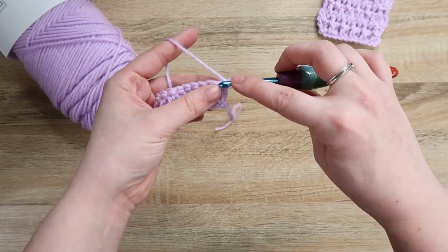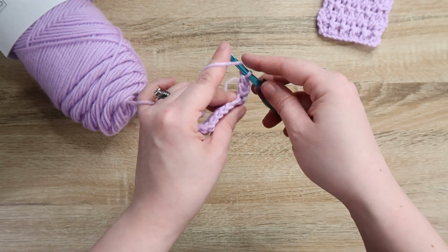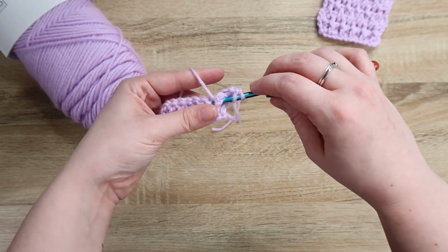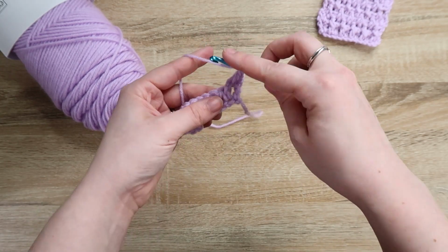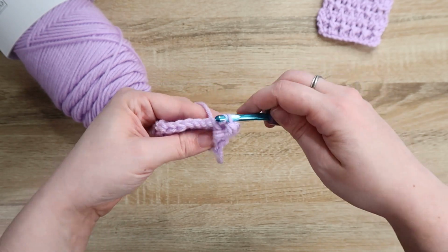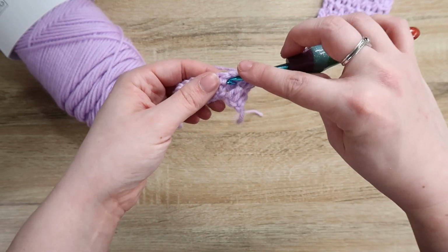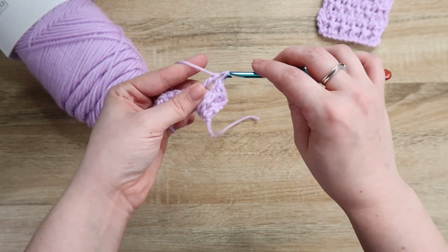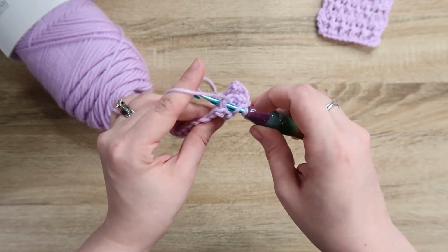And we will double crochet in the first stitch, and then we will front post double crochet around the next, and then back post double crochet around the third. And then we just keep rotating the front post and then the back post